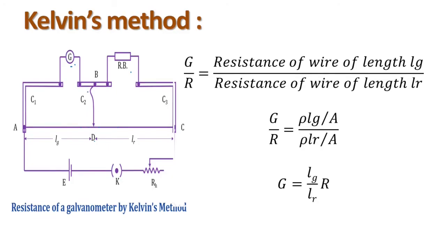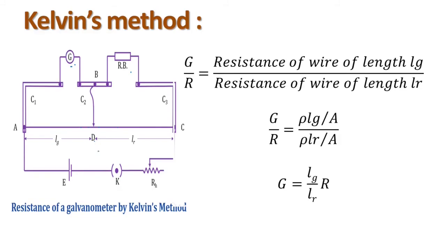When we find the unknown resistance using the meter bridge, we obtain a null point. But now in this Kelvin's method, here we are obtaining the equal deflection, and the Kelvin's method is based on the equal deflection method. As the galvanometer shows the same deflection with or without contact between the points P and D, the points must be equipotential points.